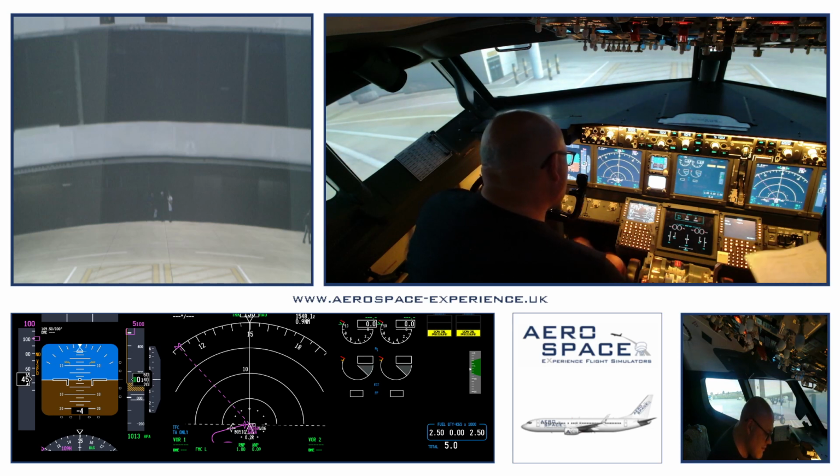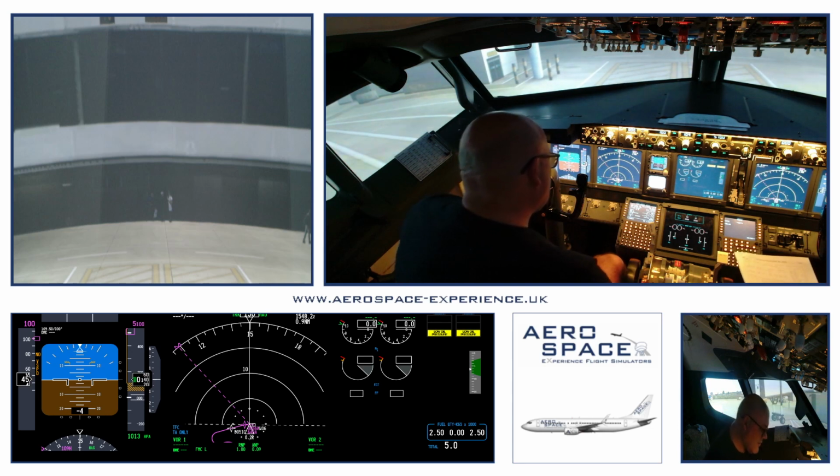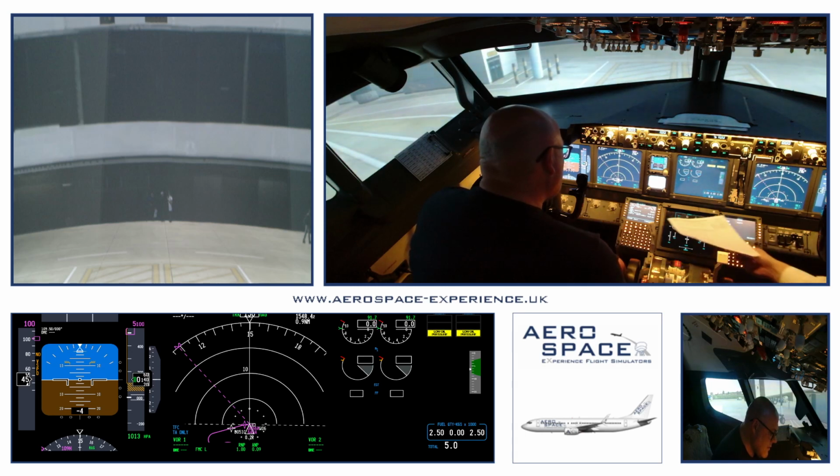That's it, and then I haven't got any of the weather on, so we'll just leave that as it is. So execute. N1 limit page at the bottom, and we're going to select the outside temperature, so it's just ISA 15 degrees. Yeah. So you put a / in first. That's alright. That goes in the box at the top, and then we'll. Pretty certain it's a long runway, isn't it here? So we'll go for a double D rate. So if you select 22k D rate, and then the takeoff page there, we'll go flat 5,